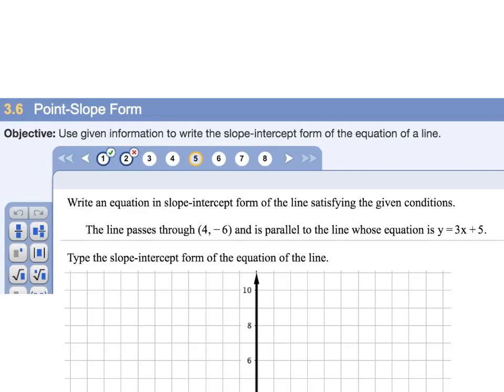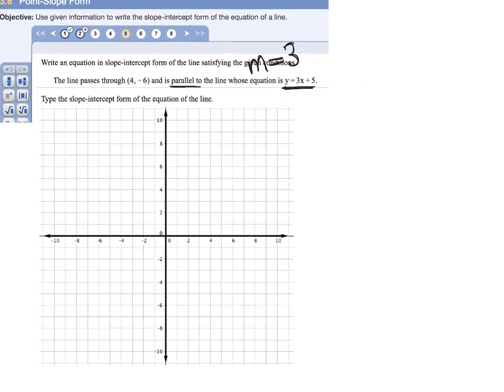Because when it says it's parallel to this line, now this line right here has a slope, and the slope is 3. All right, and so when a line is parallel to another line, it means those two lines have the same slope. And so, for example, like if we were to say,